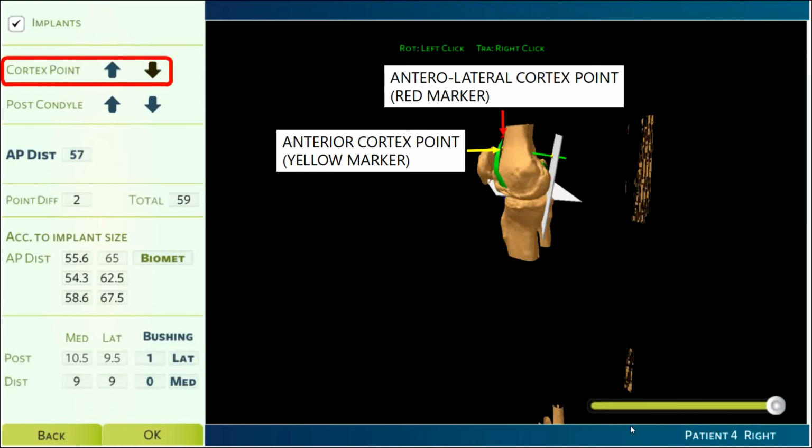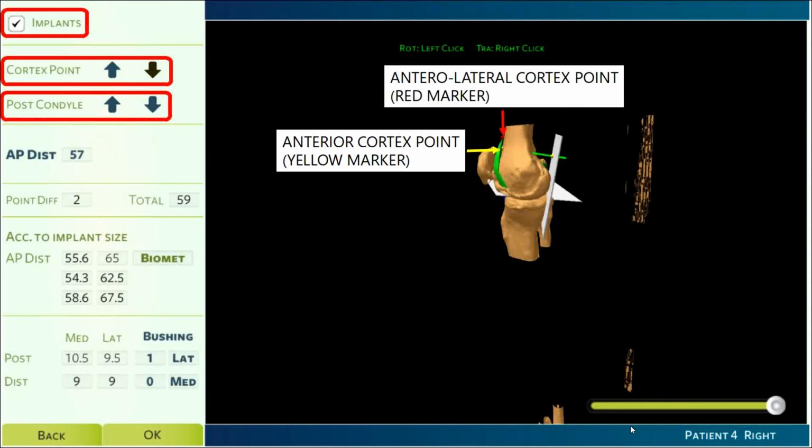If the implant is hampering the vision, it can be removed by unchecking the box next to the implant above the cortex point in the information box. Any error in this landmark selection directly translates into an error in the anterior-posterior distance, which is responsible for flexion extension placement of the implant. An error of decreasing the AP distance flexes the implant from its desired optimal position, while increasing it extends the implant from its optimal position.